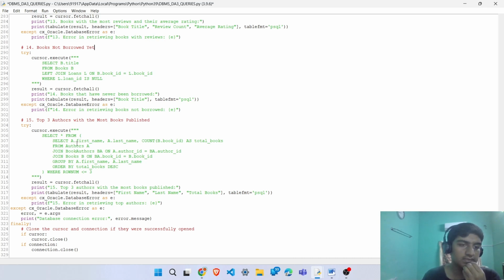Here we have a nested query where we select the first name and last name from the authors table, and the book ID from the books. We count the book ID as total books from authors A, where we join book authors and authors on author ID, and join book authors on book ID, grouped by the first name and last name of the authors, and ordered by the total books. And we limit it to the first three rows, as we are asked only the top